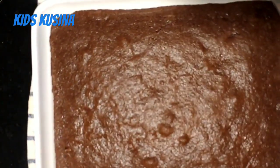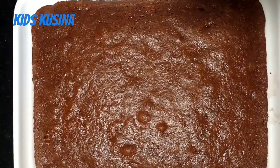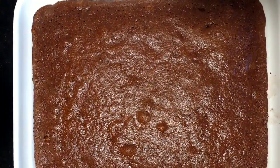Oh look, here's the sound. So that means the brownie is ready. So here it is, the Galaxy brownie. Looks so beautiful, shiny, bursting with